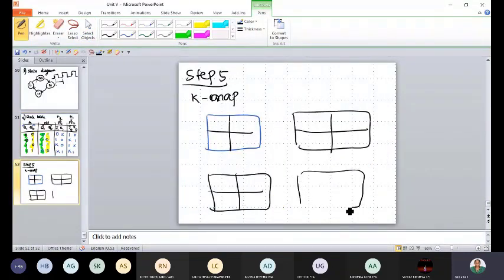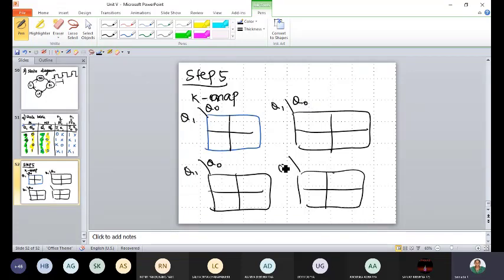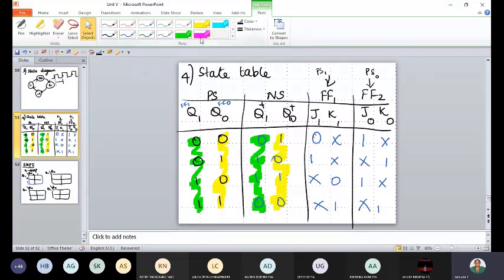What are my inputs? The present state is my input, Q1 and Q0. In a sequential circuit, along with the present input, you also use the previous output, which is represented by the previous state in the flip-flop. So this is 0, 1, 0, 1, for all the cases. Look across each column and fill this.